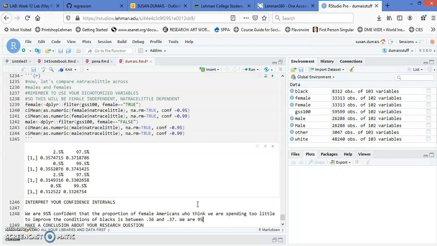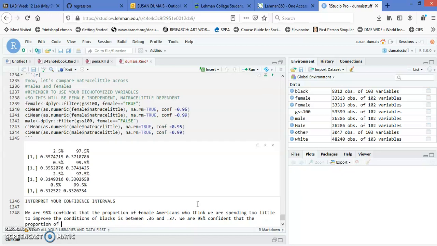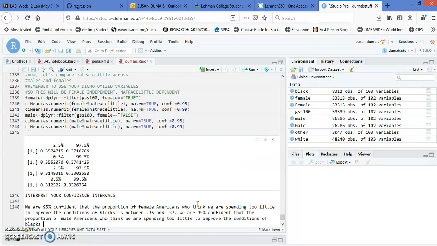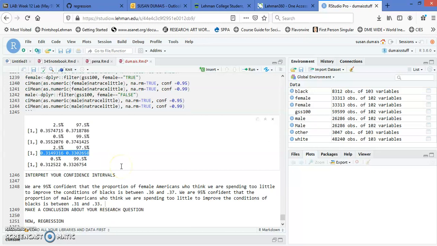We are 95% confident that the proportion of male Americans who think we are spending too little to improve the conditions of Blacks is between 0.31 and 0.33. Right? We're comparing this group, the 95% confidence interval for females, with the 95% confidence intervals for males. And then